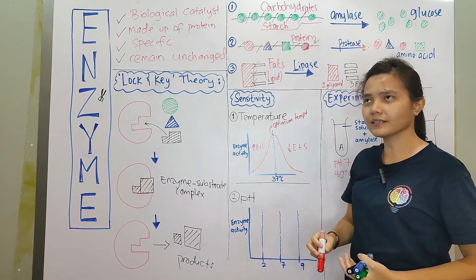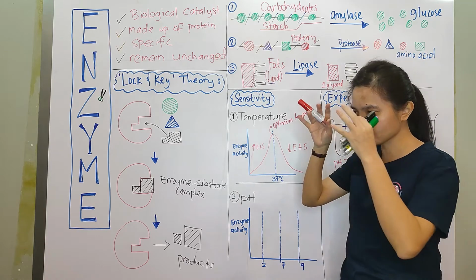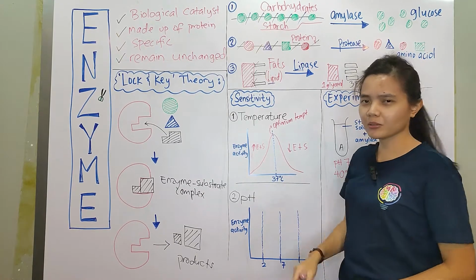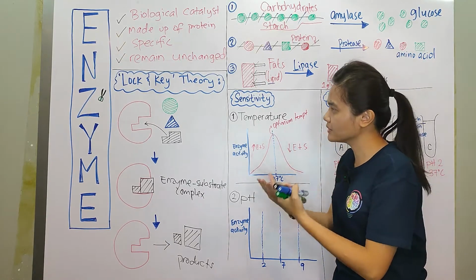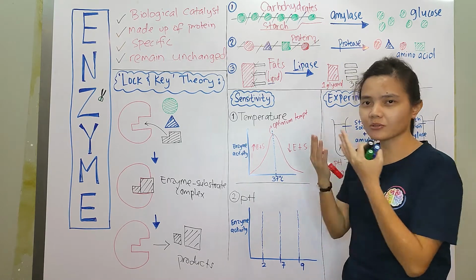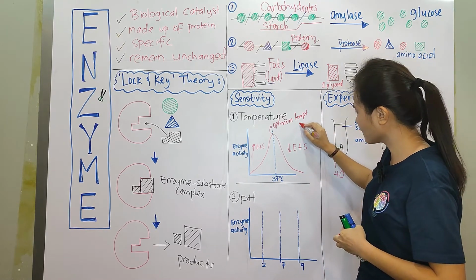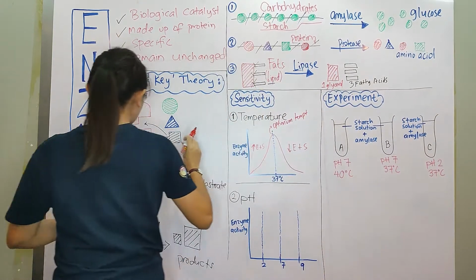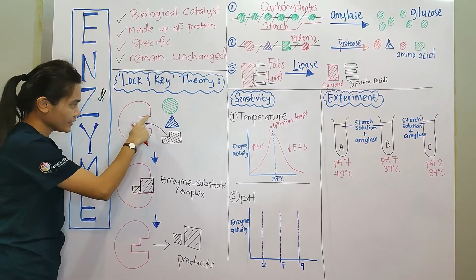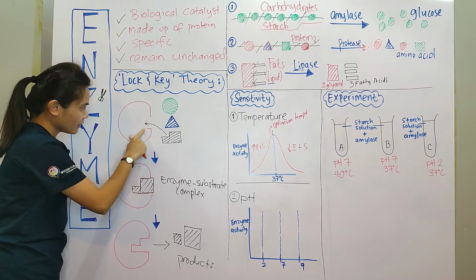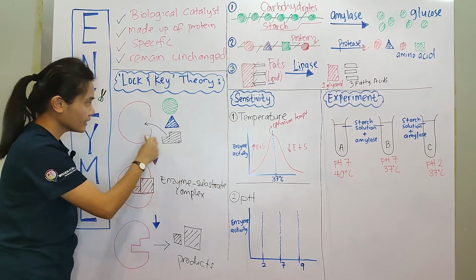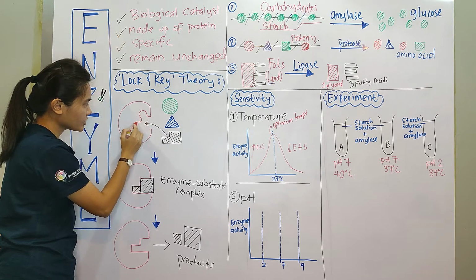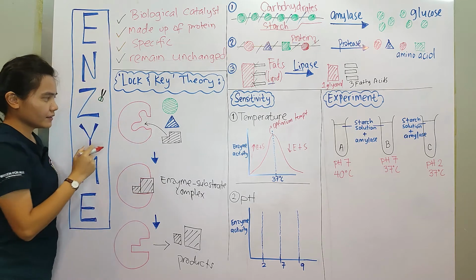if you go out and work under the hot sun, the scorching hot sun, what will you say to yourself? I'm melting. Same, enzyme is also melting. That's why I say you see enzyme like yourself. Enzyme is also melting. So, maybe I just use this one. Imagine this is the active site. At temperature beyond 37, it starts to melt and change its shape. Maybe the shape changes and becomes like this.